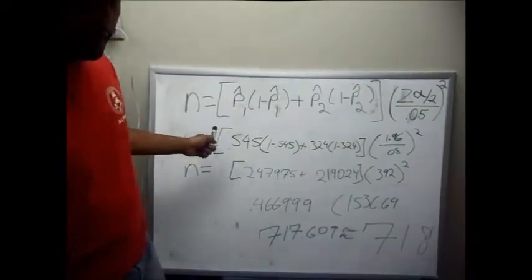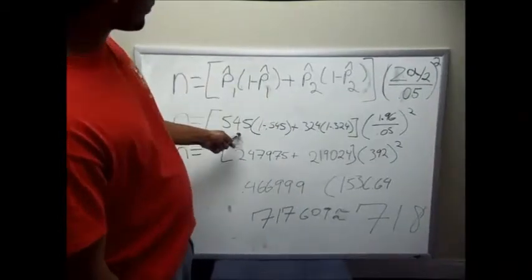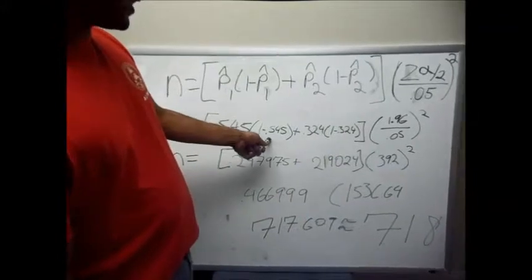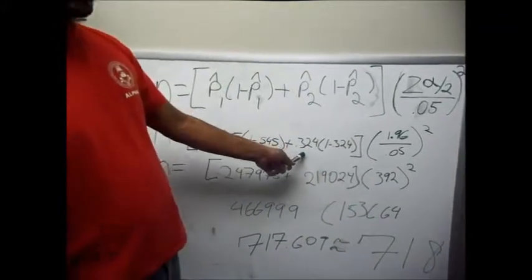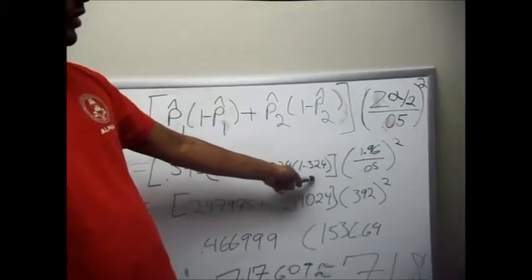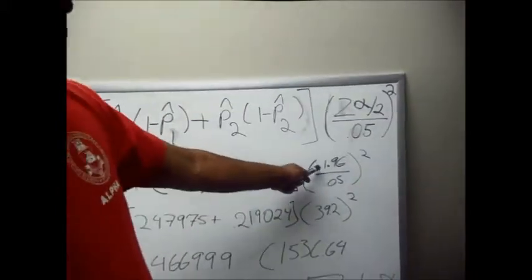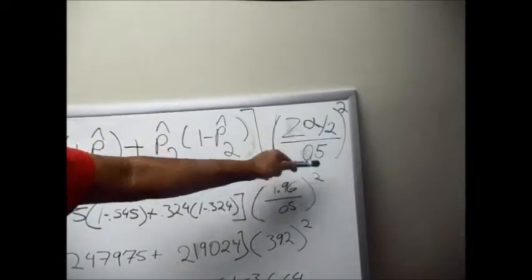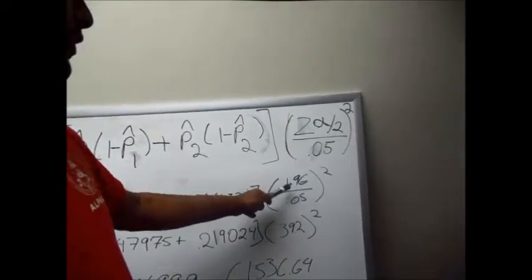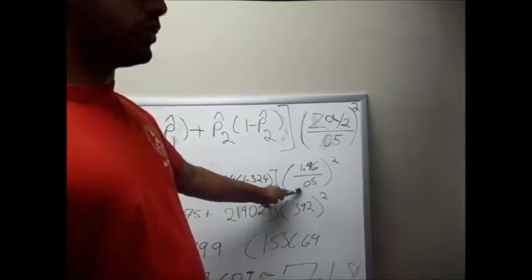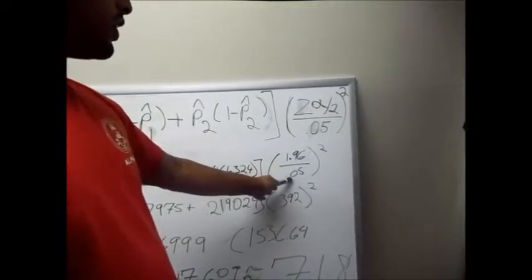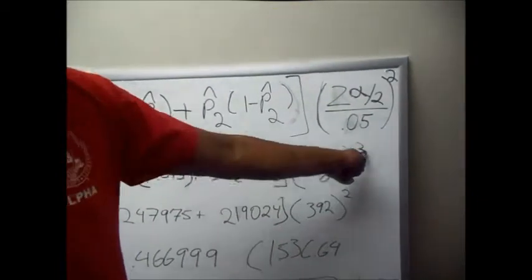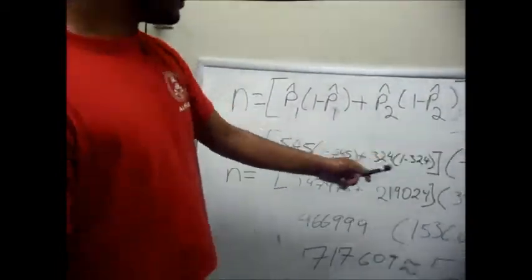So you plug in your 0.545 into your formula: 0.545 times 1 minus 0.545, plus 0.324 times 1 minus 0.324, times the critical value, which you got from plugging your alpha, 0.05 divided by 2, into inverse norm, which gives you 1.96, over your acceptable error estimation, which is 0.05 squared. So when you do all the math from there, you get